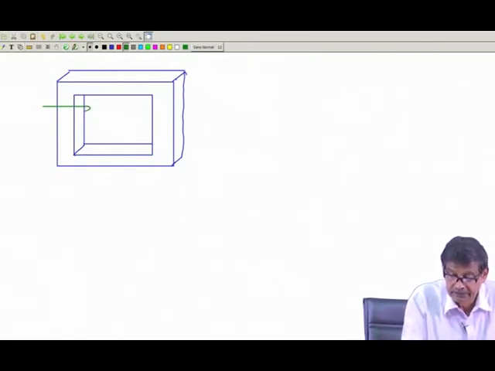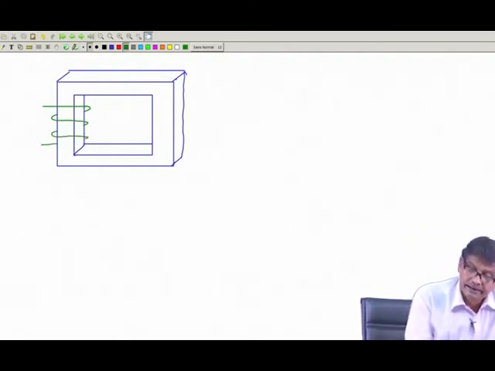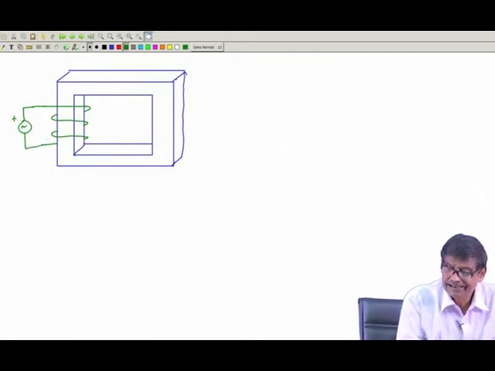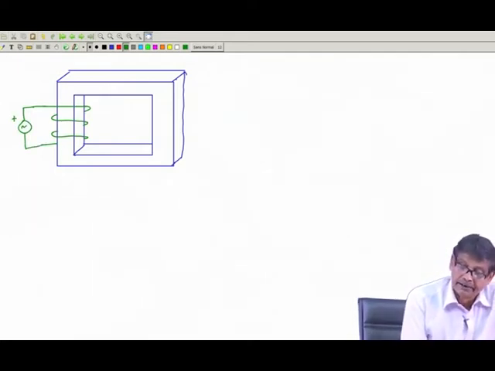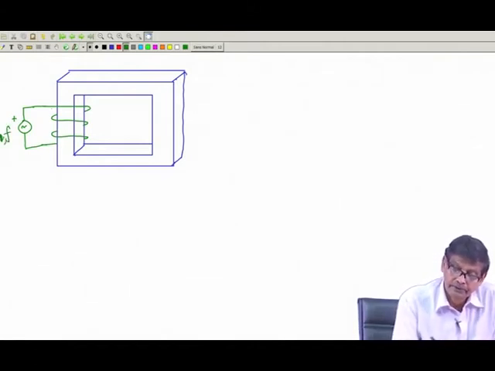So, this is the coil, and here we are connecting an AC source, that is the thing. Secondary coil I am not drawing to begin with. Acha, if this is excited from an AC voltage source V1 with frequency f, then we know there will